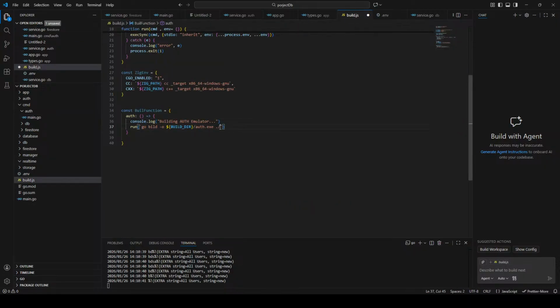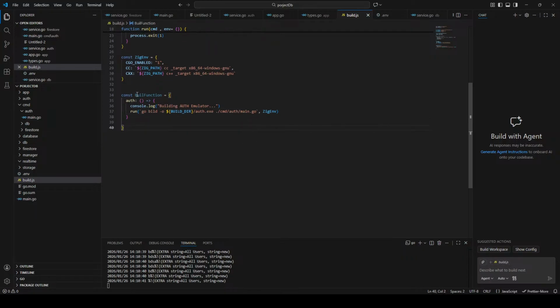So it is under our CMD slash out slash main.py. Now we're gonna add the config, which is zip. Sorry, zip even. Now